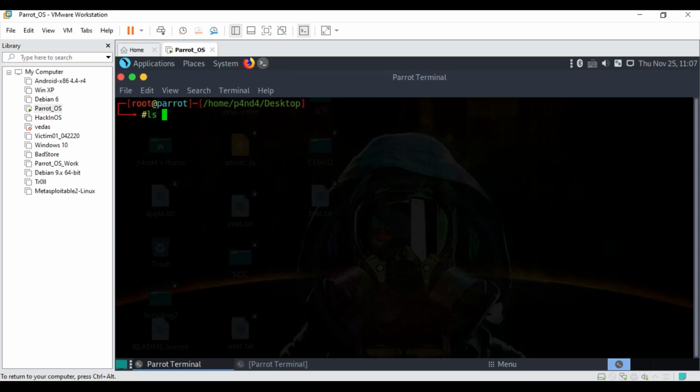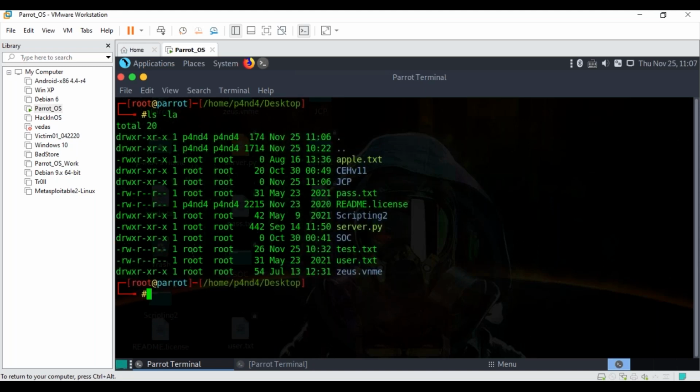If I do ls -la, test.txt, yeah. Can you see rw-r--r--? What are these?